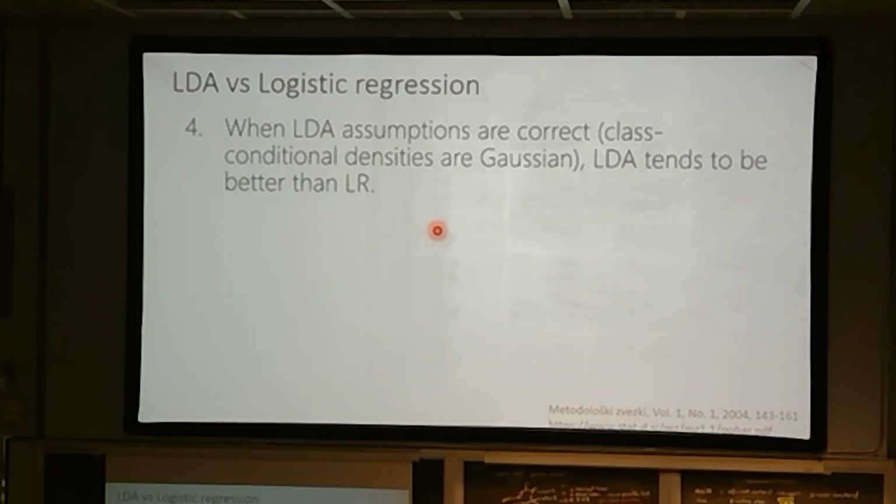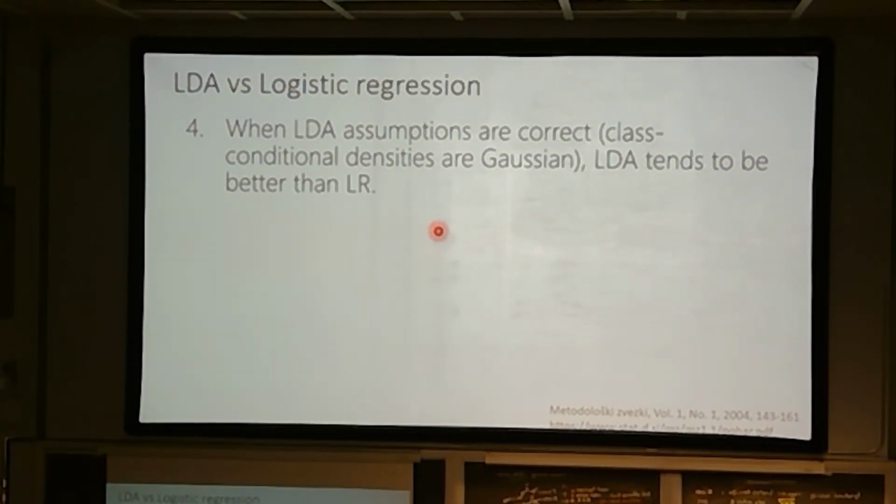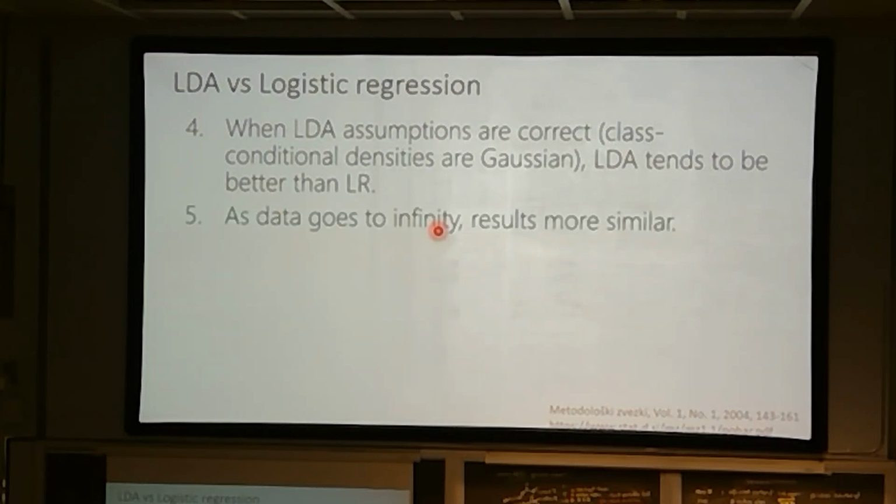When the LDA assumptions are correct, in particular if you know the data take these Gaussian shapes, then you may as well use that information. Generally, if you have any information like that you know to be correct, you should include it in a model because it's almost always going to help you. But as you get more and more data, it matters less and less, because you're telling it something about the data in the presence of limited data, and that's what helps. If you have infinite data, you don't need to tell it anything. It can figure these things out.